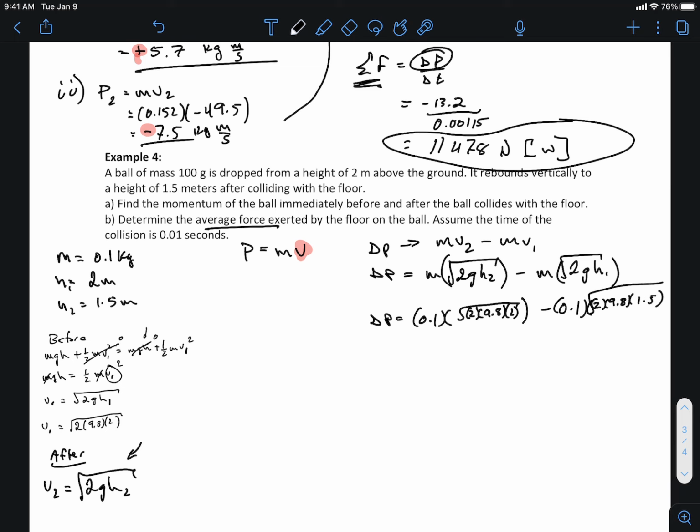And that has to be square rooted, okay? And what you'll find is we should see that the momentum after, so the V2 piece, should be 0.542